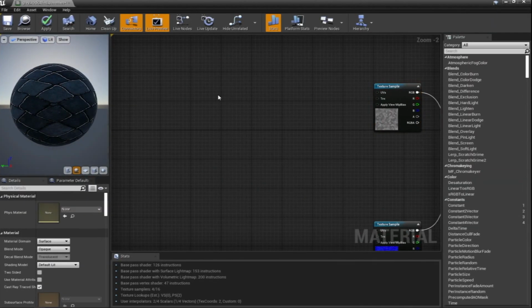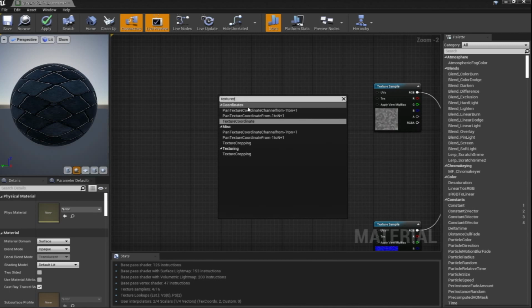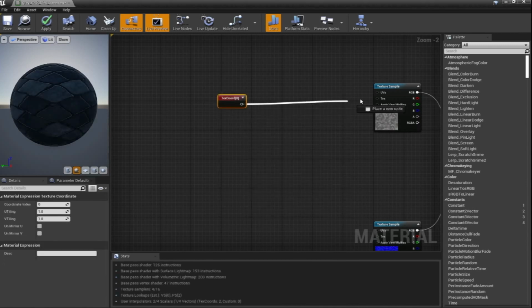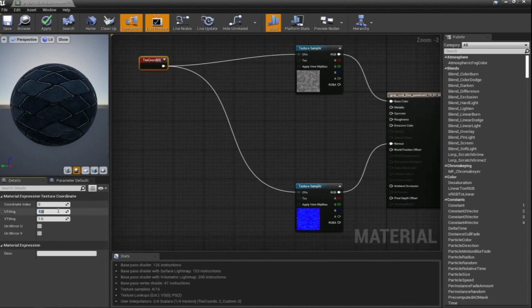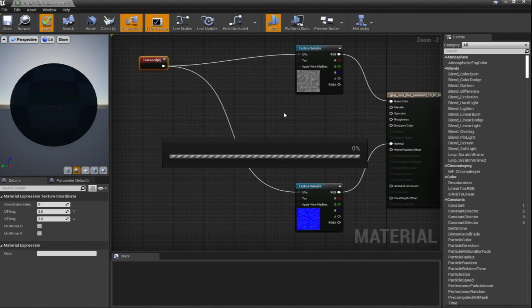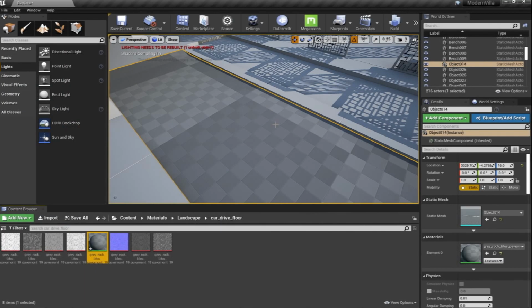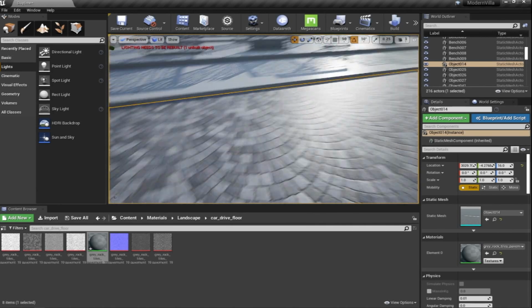To do that, I'm gonna add a texture coordinate parameter and connect this node to the UVs of the texture sampler node, and maybe set 2 and 2 for the U and V. And here I have the texture. I think this is big enough for